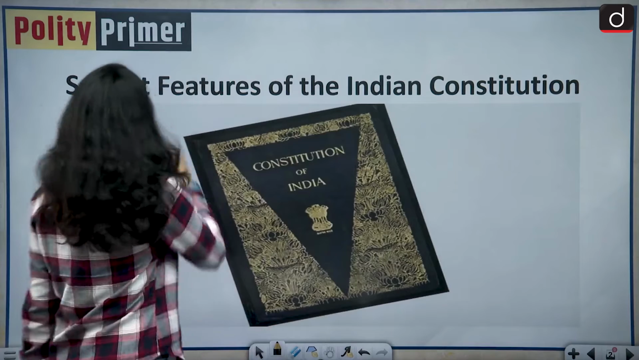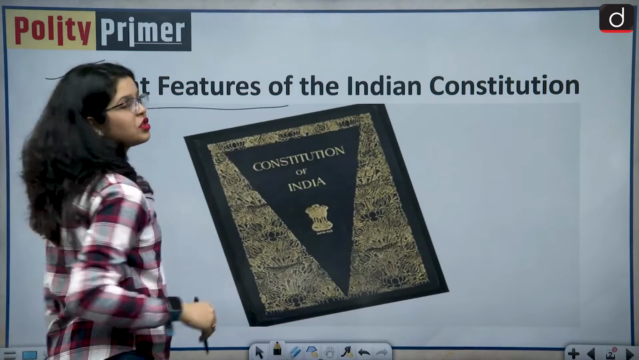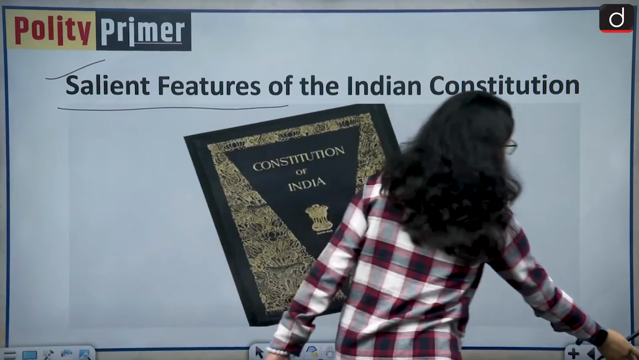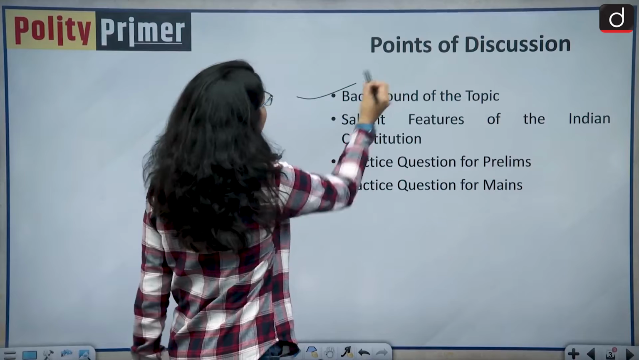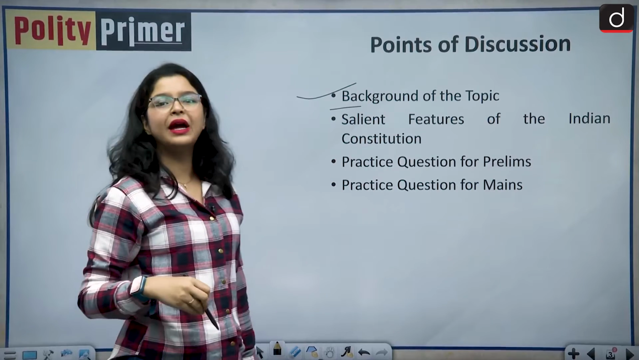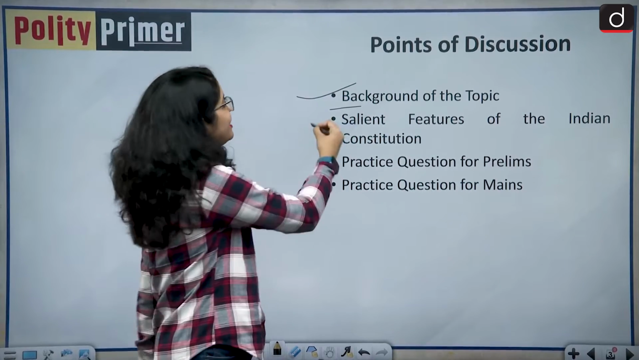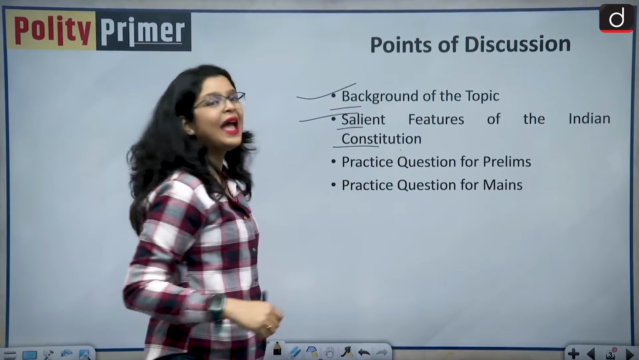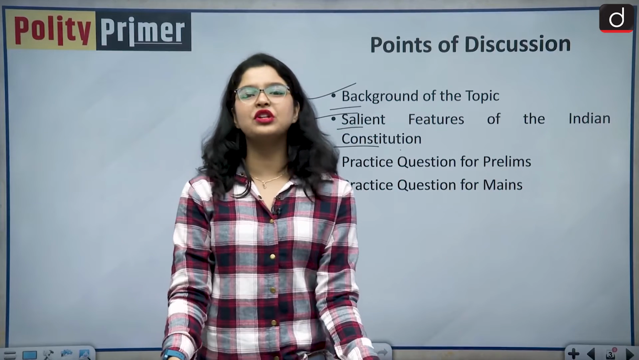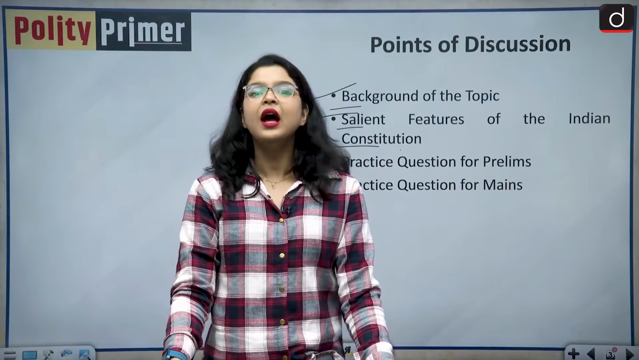My name is Pragya and today in this episode of Polity Primer, we will be concluding our Constitution series. The title of our today's discussion is the Salient Features of our Indian Constitution. In this discussion, we are going to study firstly the background of our topic. Then we are also going to analyze some of the most important salient features of our Indian Constitution. And in the end, we are going to see a practice question for your prelims examination and a practice question